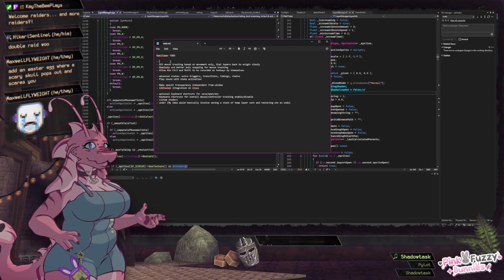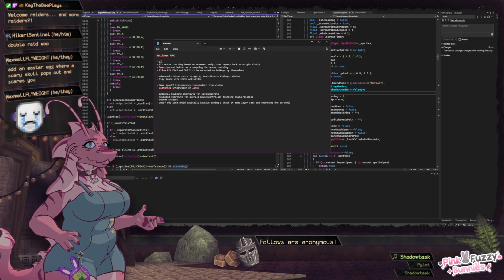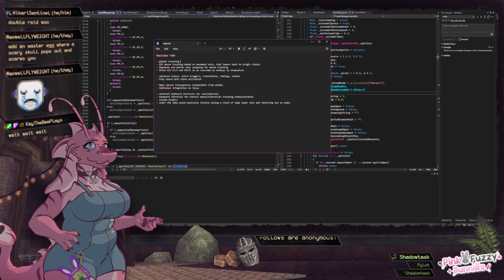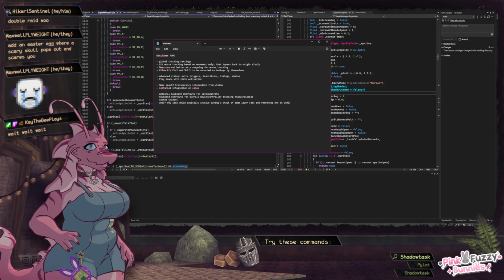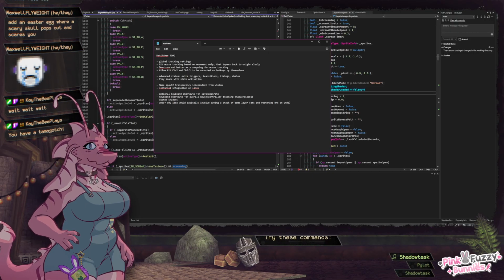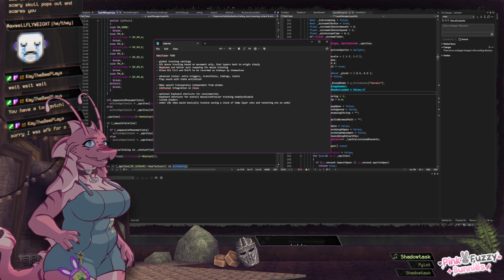So the thing I was going to try and do was actually add global tracking settings, basically in a tab in the preferences menu, so that you can